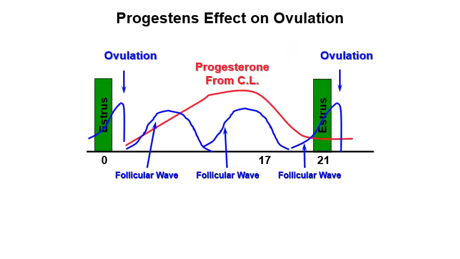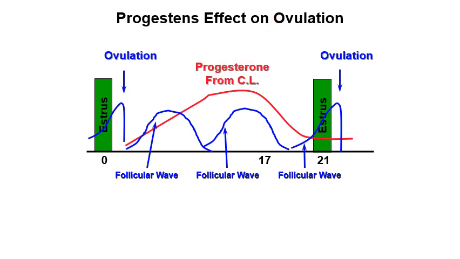So this diagram shows the normal estrous cycle in cattle, and it also shows the typical 3 follicular waves in a normal cycle in cattle. So we have here the first, the second, and the third follicular wave. We also have here the estrus, and the interval between one estrus to the other is the estrous cycle, and this is 21 days. And of course, during this time, during diestrus, we have a high level of P4